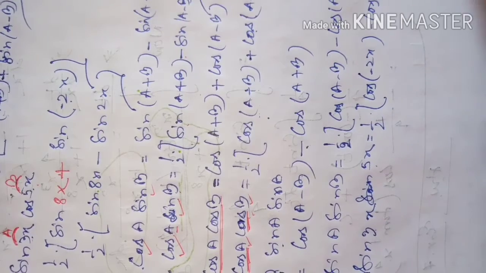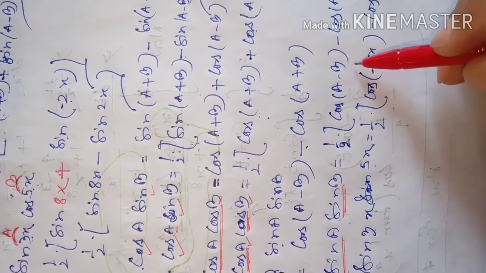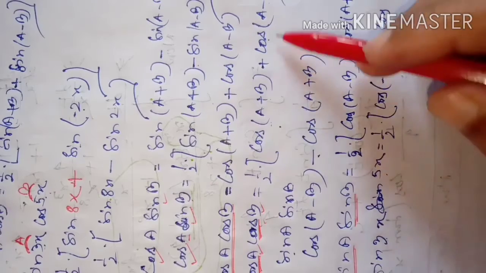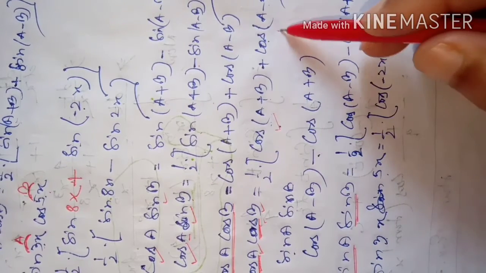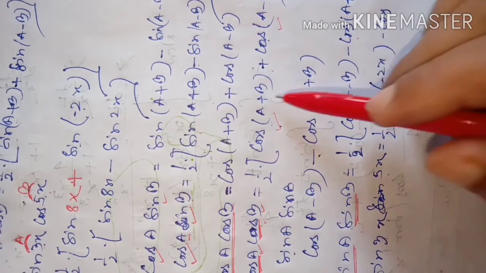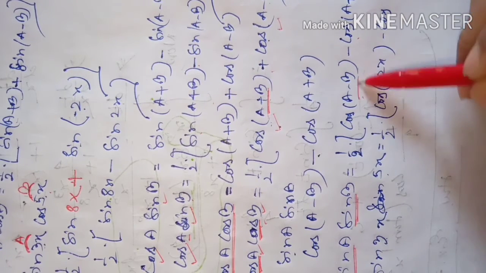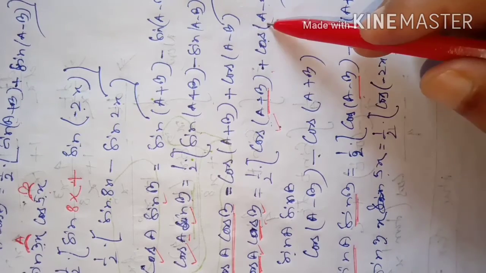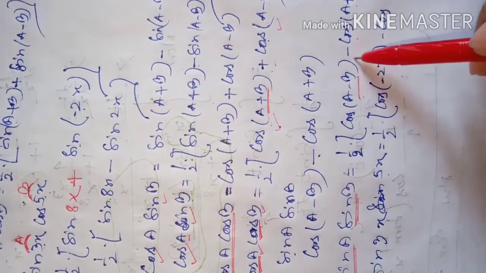So that means you have to recall that if both are sine, then it will turn into cos. If both are cos, it will turn into cos. But the difference is, in between cos and cos, here is plus, and in between sin and sin, here is minus. Here in first part a plus b, in first part a minus b, in second part a minus b, here plus b. So that difference you have to remember, no?